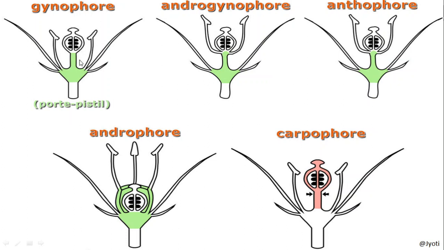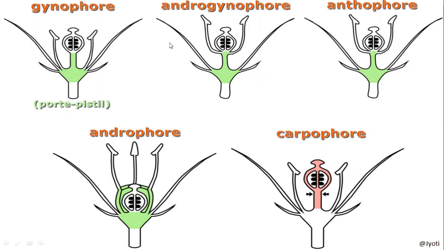So here you can see in the gynophore, the gap is present, or internode is present, between the gynoecium or the carpel and the stamen. Okay, androecium and gynoecium. So it is called gynophore. Then in androphore, you can see the gap is present between the corolla and the stamen. So this is a printing mistake. This is actually androgynophore and this is gynophore. This is androphore and this is androgynophore.